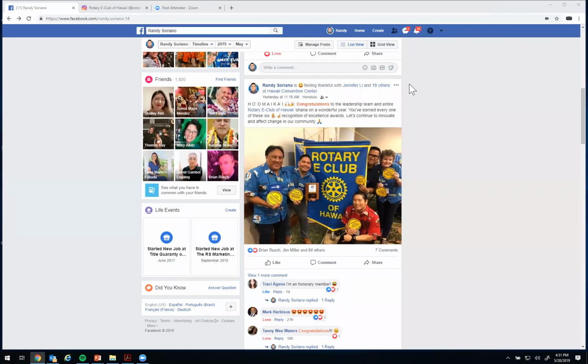For the most part, most people will allow it. Some people, if they have a private page, it won't be shown on theirs. But that's the great thing about tagging someone, the opportunity for it to show on their page as well is there. So you're just increasing the amount of people that will be able to see the post.